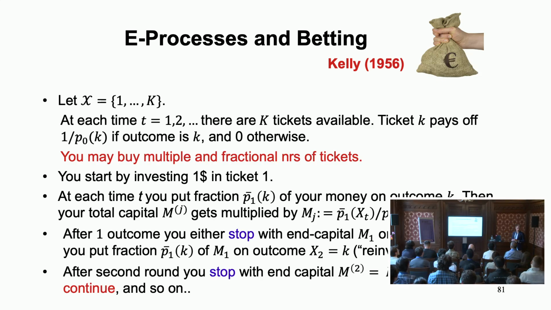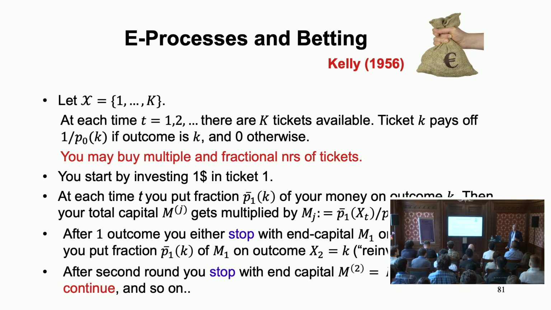We assume money is infinitely divisible here, so there's cents, but there's also tenths of cents, etc. So think of this as indeed the casino, where you can bet on red or black, and you get twice your money. If you put money on red and the outcome is red, you get twice your money back. Why twice? Because the probability of red, in a real roulette wheel, is 1/2. 2 is 1 over 1/2. This is the generalization where you have some distribution over the null, that's your P0, and the fair thing to get back, where you don't expect to win or lose, is 1 over the probability.